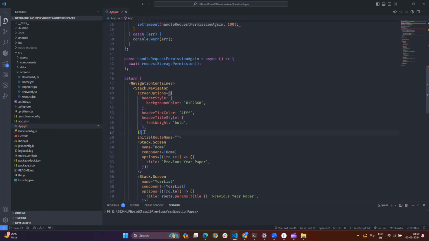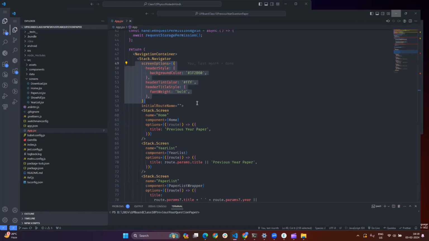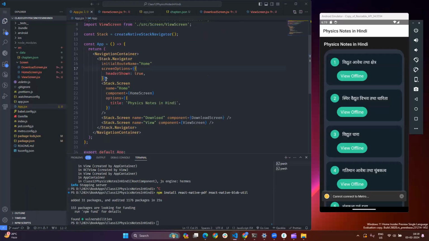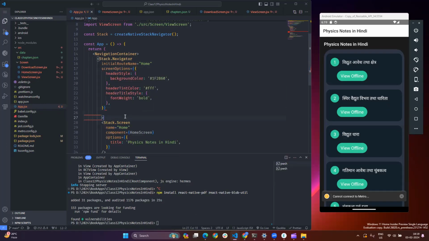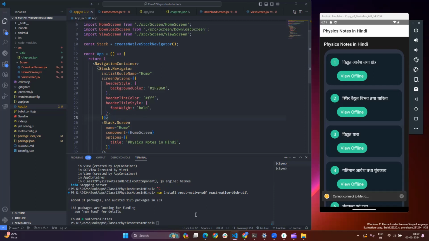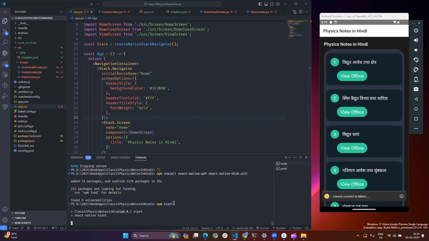Let me copy this code quickly and paste it here. We have installed these packages also, and do npm start to start the server. So this is the header style, and we have to define the background color as whatever we want,